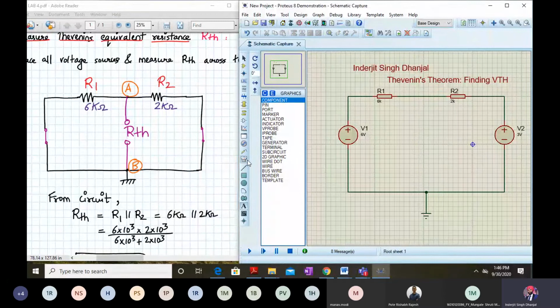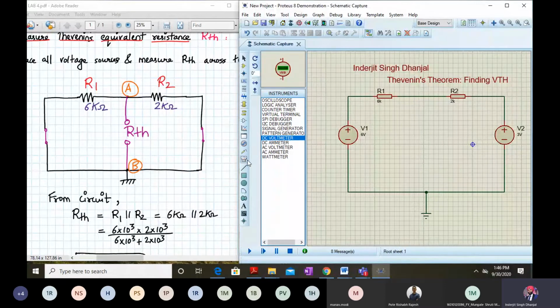Now here we again go to the instruments, and here you will find an ohm meter basically. Not a problem.